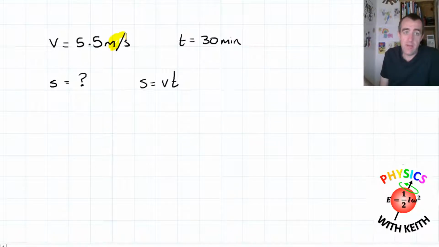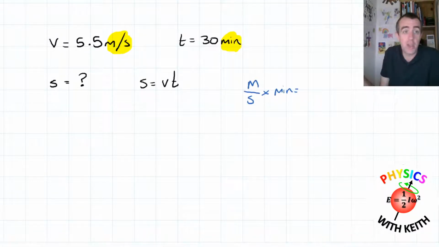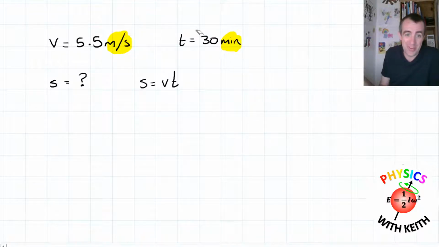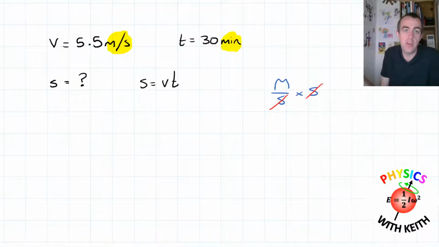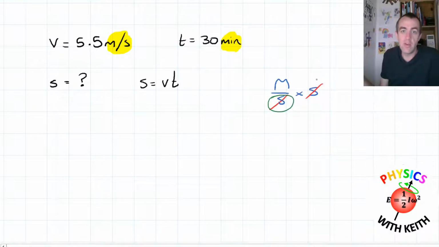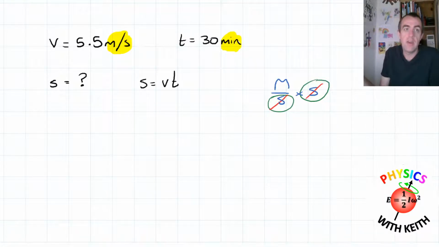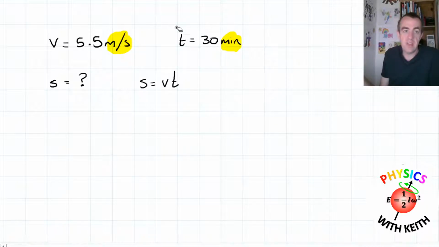However, if you look at these units, meters per second and minutes, they are not compatible units. If I multiply the unit meters per second by the unit minutes, I end up with a distance in meter minutes per second, which is a unit of distance, but it's a peculiar one that no one would ever choose to use. So to be consistent, when we write meters per second and multiply it by a unit in seconds, the units will cancel, which is what happens when you've got a number on the denominator down here and a number on the numerator up here. They can cancel out, so we end up with meters left behind. So that's what we want to do.